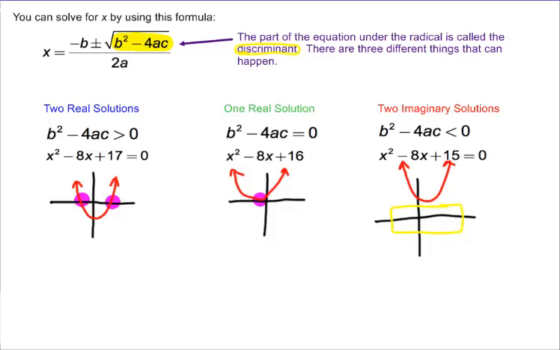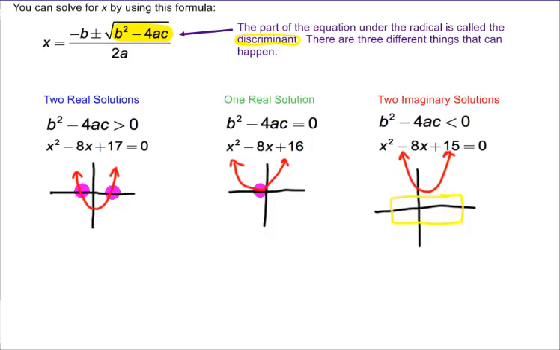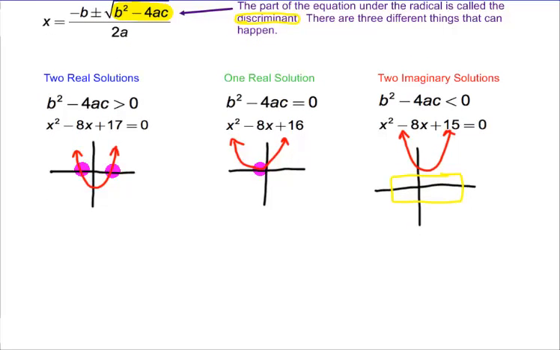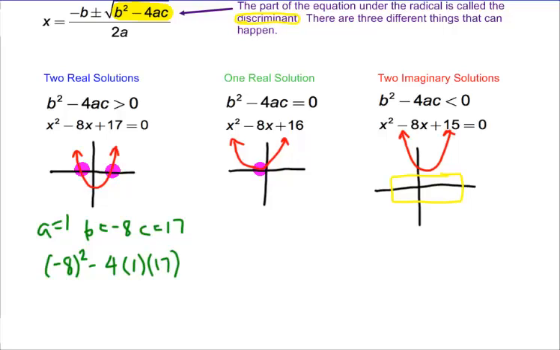Well, one of the things that we can do before we even get started is we can use the discriminant to determine how many solutions I'm looking for. So let's take x squared minus 8x plus 17. On this one, a is 1, b is negative 8, and c is 17. So do b squared, use parentheses, b squared minus 4 times a times c. And if this number is bigger than 0, we're going to have two solutions. Well, I'm going to end up with 64